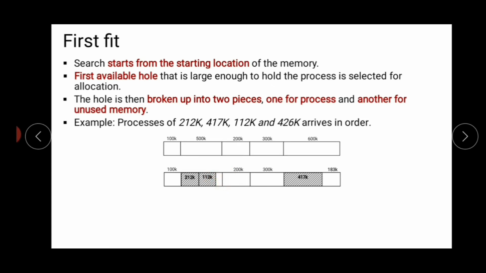So now the turn of the fourth process, which is 4 to 6 kilobyte, has arrived, and the search once again will be beginning from the starting point. But now you can see there is no block having the capacity of the size 4 to 6 kilobyte. So this process will not be allocated any block. Here the process of size 4 to 6 kilobyte will not get any partition for allocation.